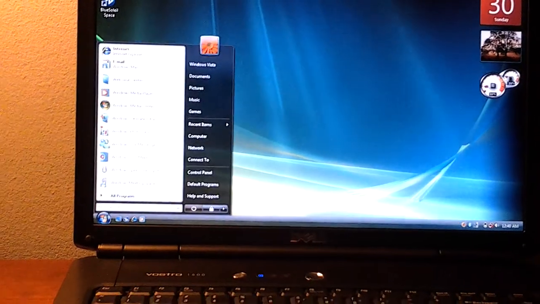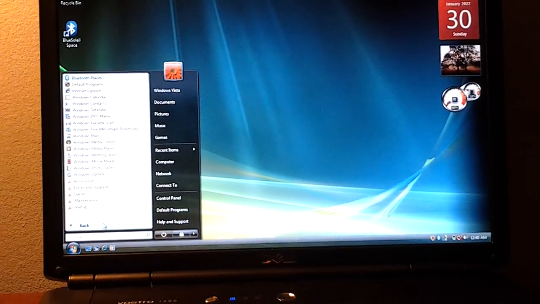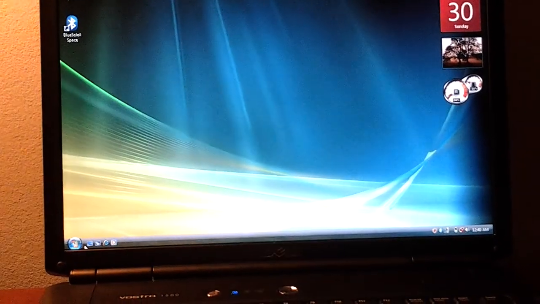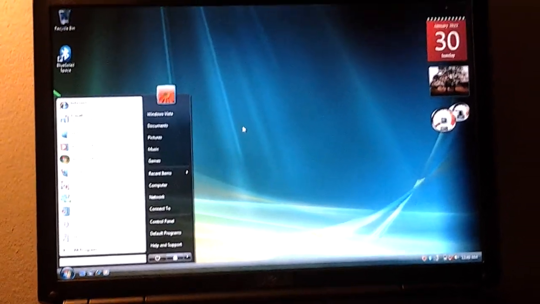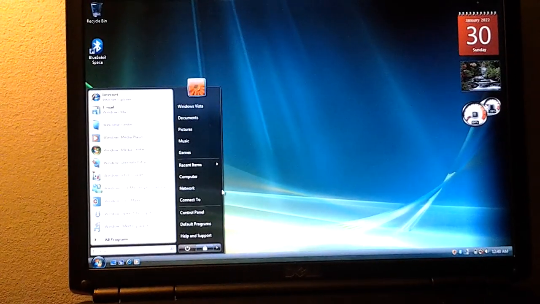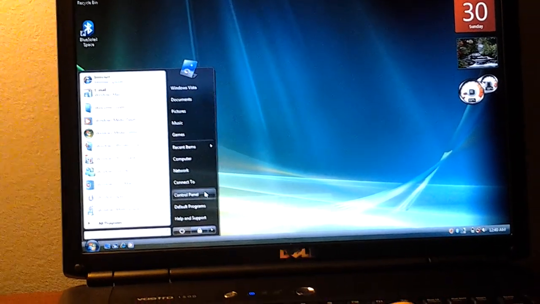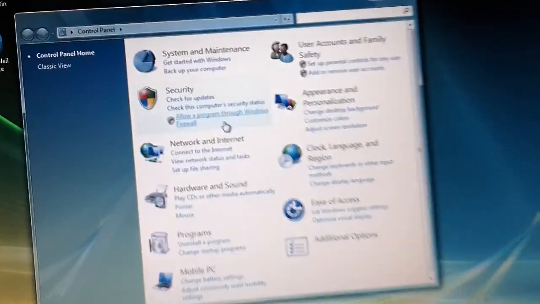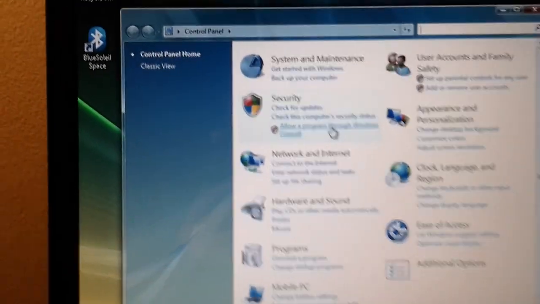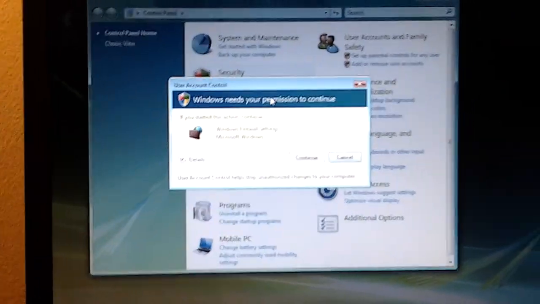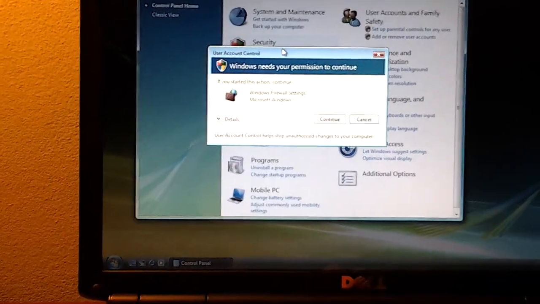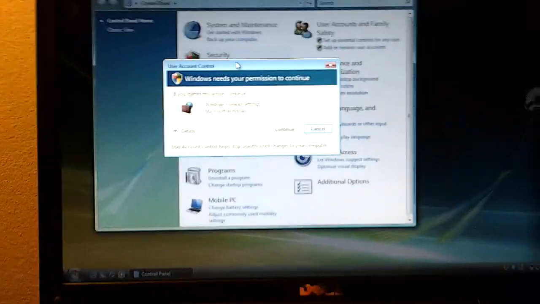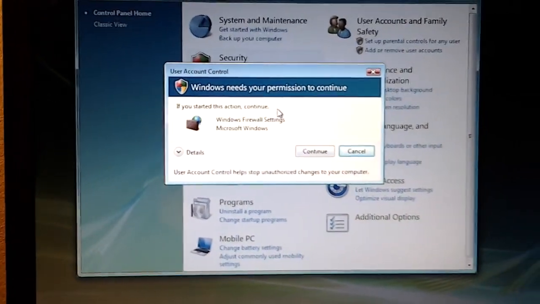Let's see. What's another new feature here in Vista? User account control is one. What's something we can do to demonstrate that? I think probably some options in the control panel will ask you for that. Oh yeah, like let's say we wanted to allow a program through Windows Firewall. Let's try and do that. This right here is the user account control here, and this is mostly intended to